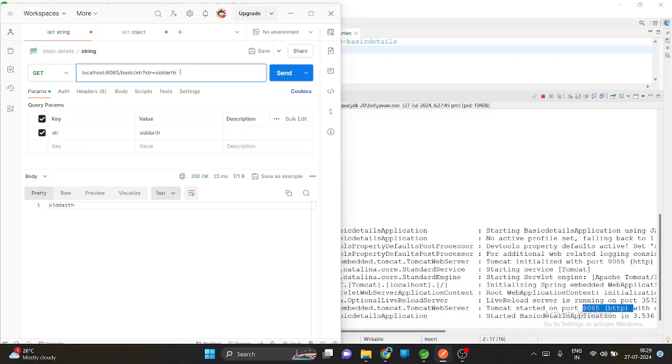This is the endpoint for the class, and the last string is the endpoint for the method. Here, under params, I use the annotation called RequestParam, so in this way I have to give a value to those string values. The param name is str, the value is,